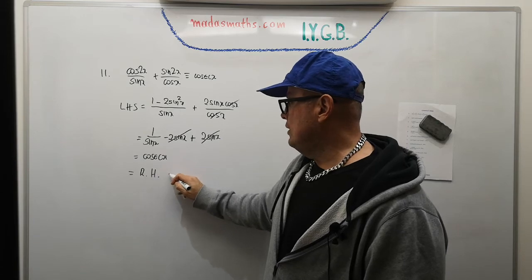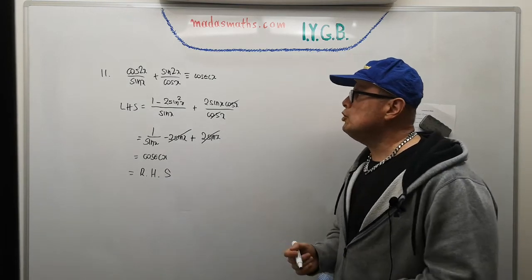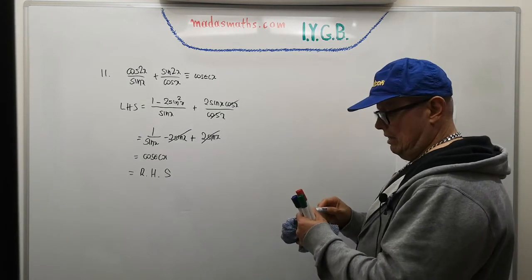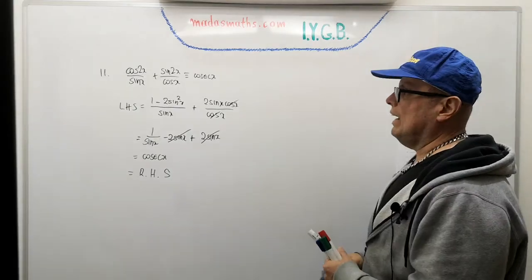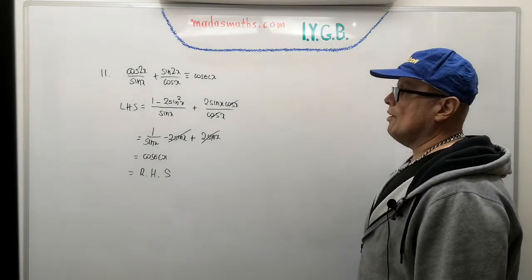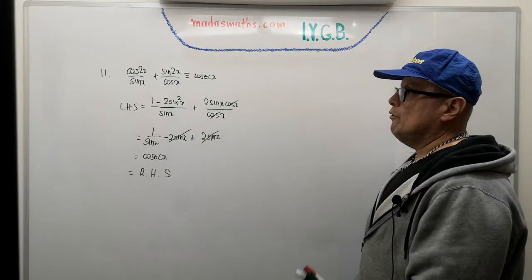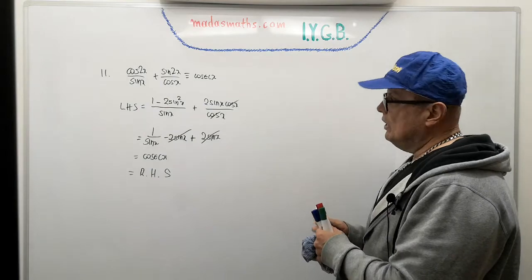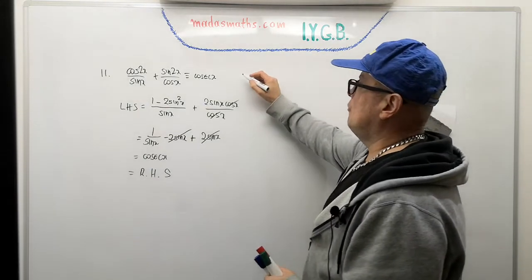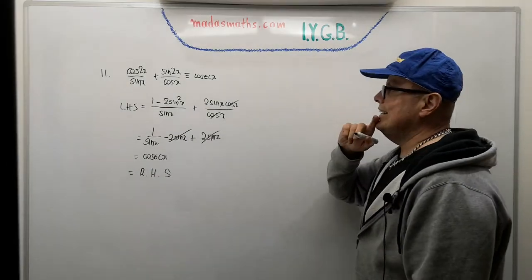I did say identities will get a little bit harder to see. The ones that I picked are useful to show you some techniques. By the time we do another perhaps 5 or 6, they will get quite involved. So I'm going to show you something else for this particular one, because it can be done in another way,